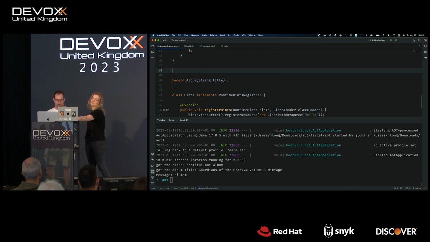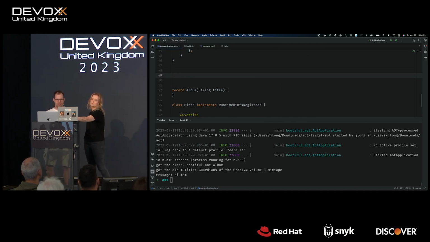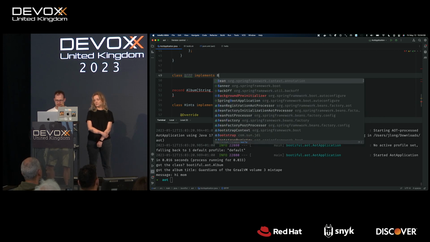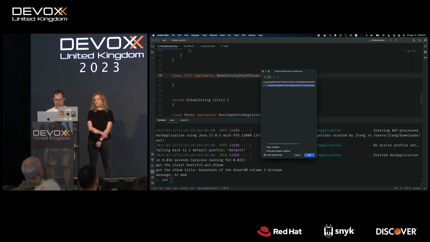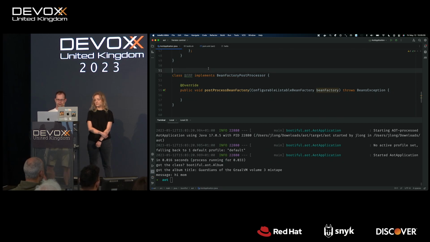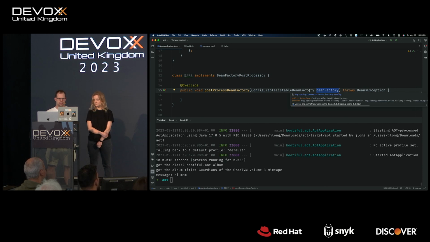So one of the things you might do is to create a bean factory post processor, BFPP. Implement BeanFactoryPostProcessor. So this is an old interface. It's been around forever. And in it, you're given a reference to this thing called a bean factory, right? And so you can actually iterate.